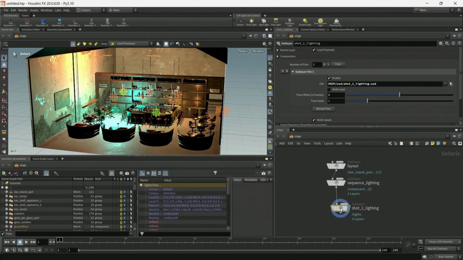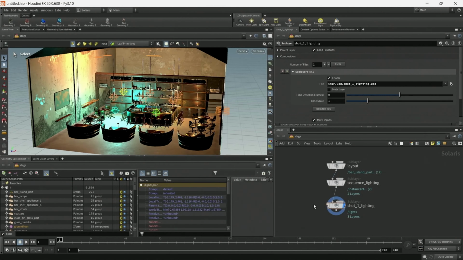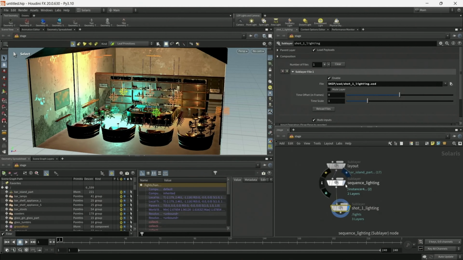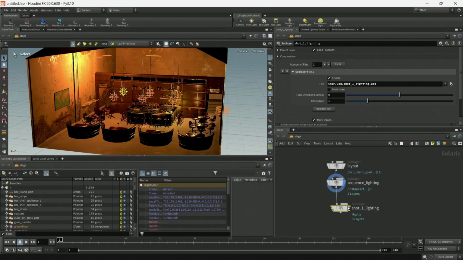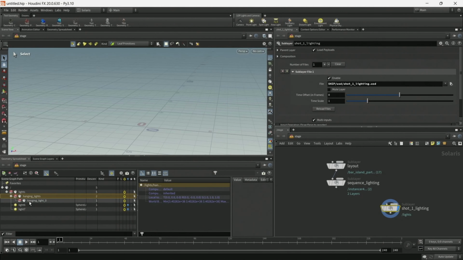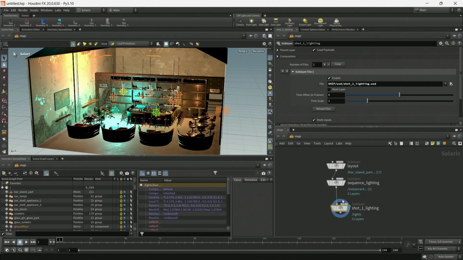So if we connect our shot USD file to the rest of our graph, you can see that the overrides start working. And now we have a fully composed shot created from a series of unique files, each representing a different part of the pipeline.